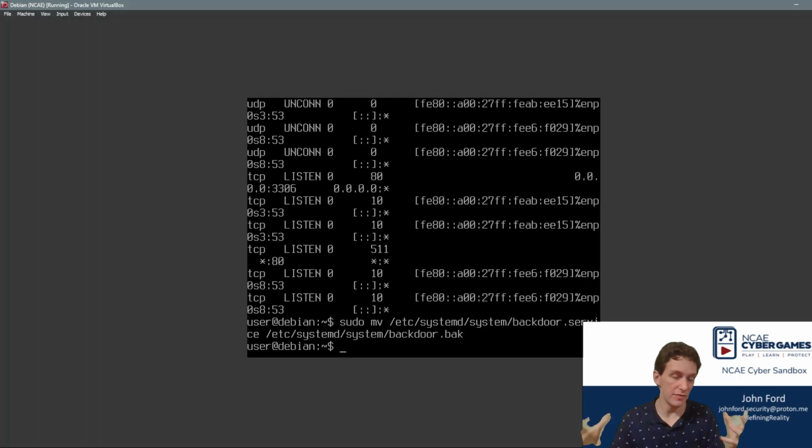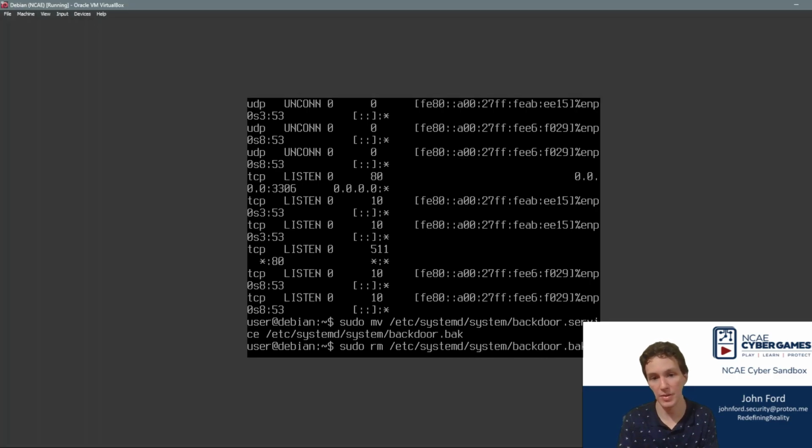And then if I know for sure that this is a malicious service and I actually don't want it, then I'm going to do sudo rm /etc/systemd/system/backdoor.back. I can remove it completely, right? Before I do that, I actually want to remove the file that service is running, because if that service is malicious, then it's quite probable that the file that it's running is also malicious. So if I print out the contents of that service again,